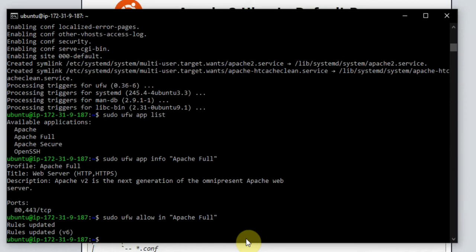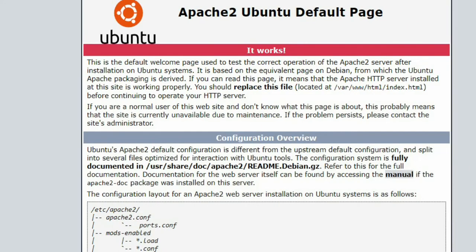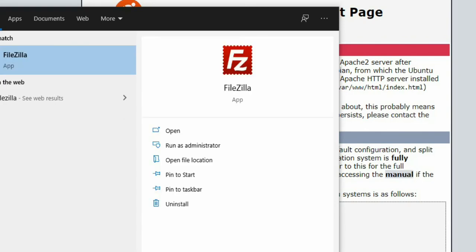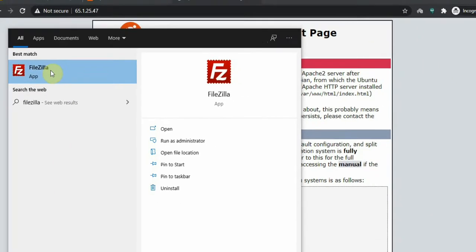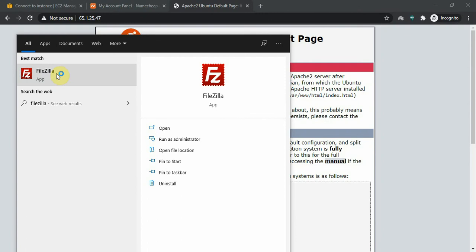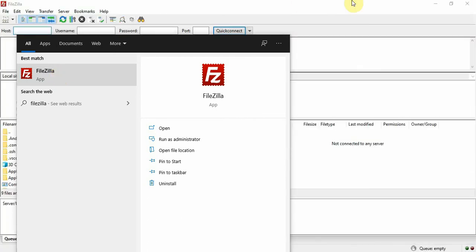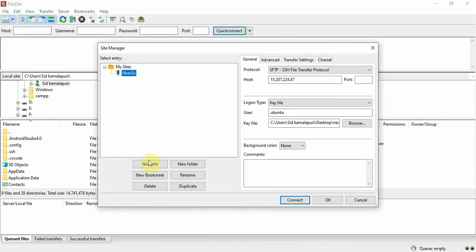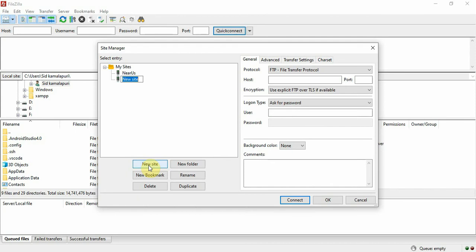Let's first see what will happen. Let's open FileZilla. Here we'll create a new site. Here we'll write HTML so that we can easily recognize it, right?